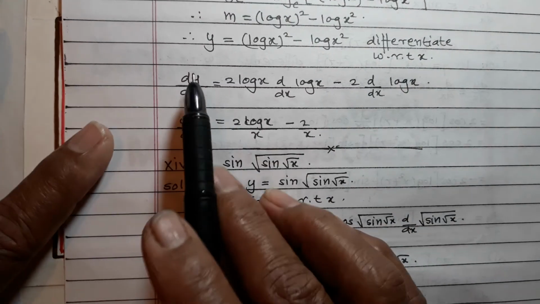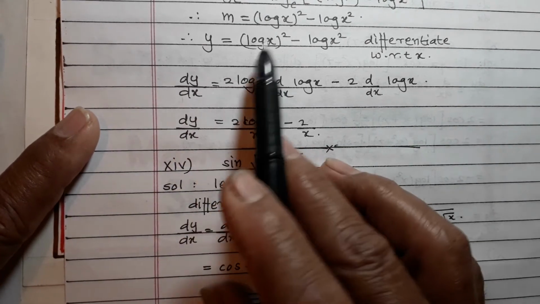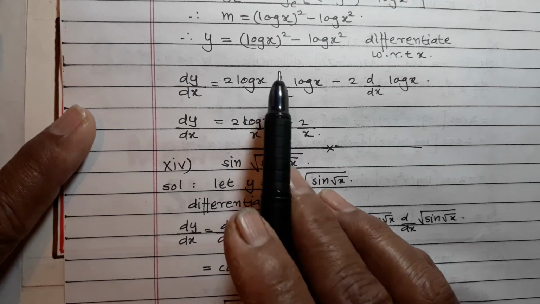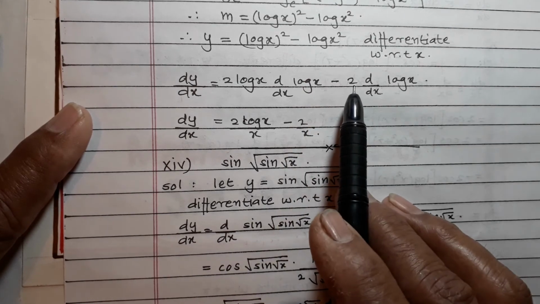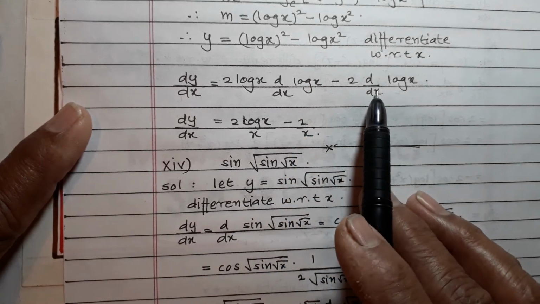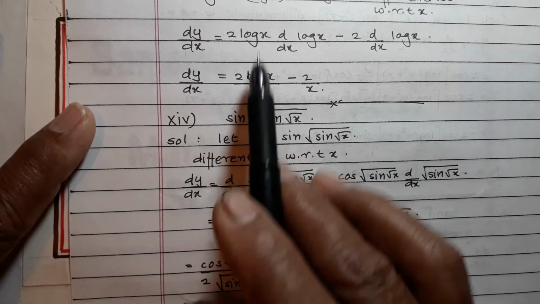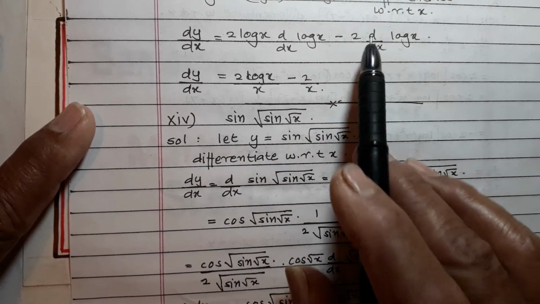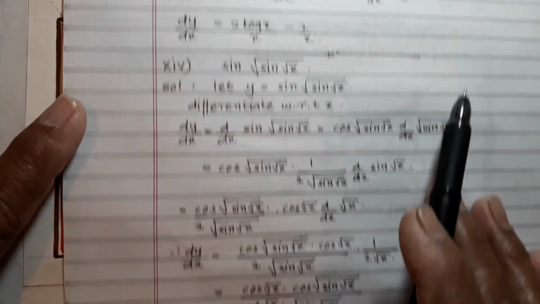Differentiate with respect to x. dy/dx, so the derivative of this is equal to log squared now, so 2 log x into the derivative of log x, and minus this is equal to 2 log x, so here x² now. Therefore 2 log x into 2 d/dx of log x, and simplify. dy/dx = 2 log x upon x, the derivative of log x being equal to 1/x, minus 2 into the derivative of log x, which is equal to 1/x. Okay.